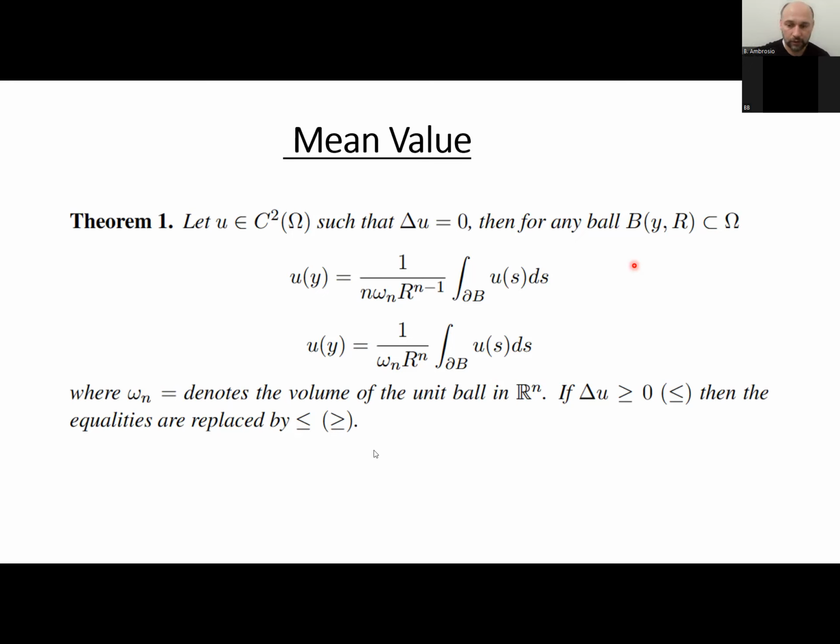Okay, so we can apply the mean value theorem, and we know that 0 equals u of z minus M. This is because z belongs to omega_M,